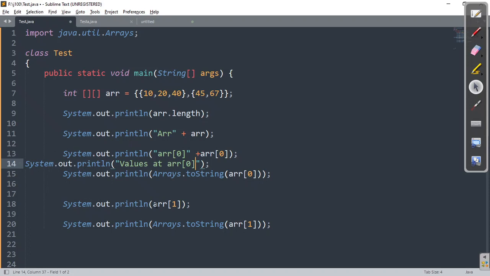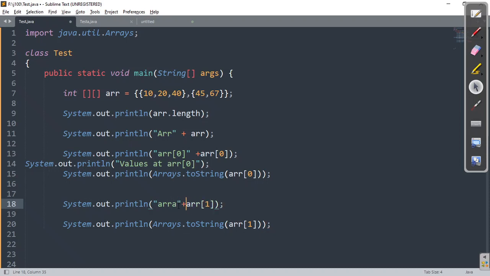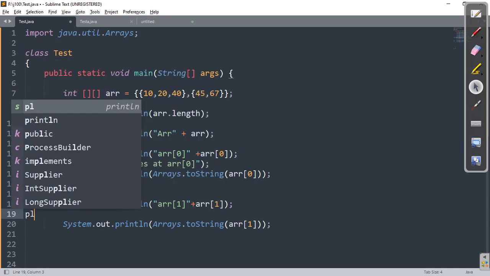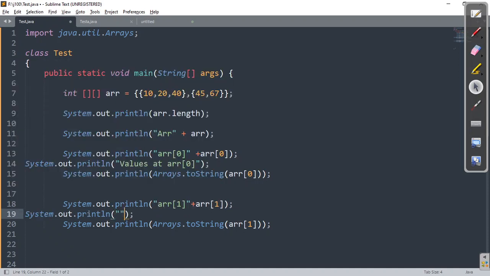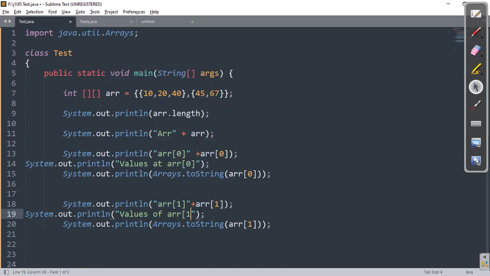Similarly, for the remaining one I'll write ARR 1 followed by plus, also values of ARR 1. Now that will give me clear-cut clarity in the output, right?